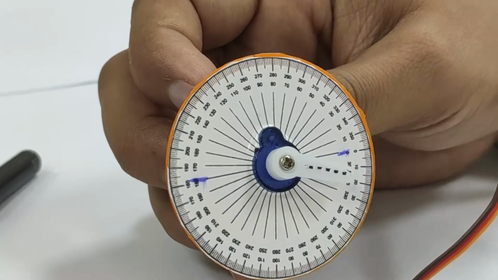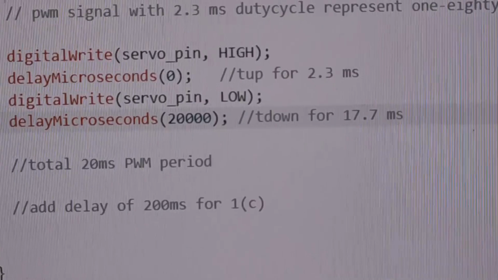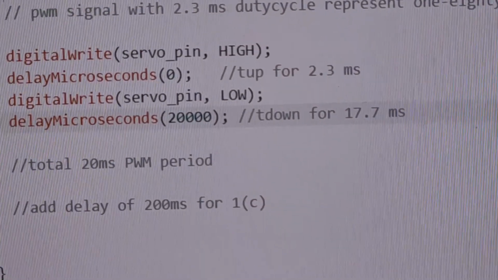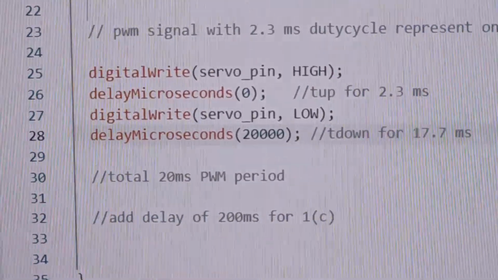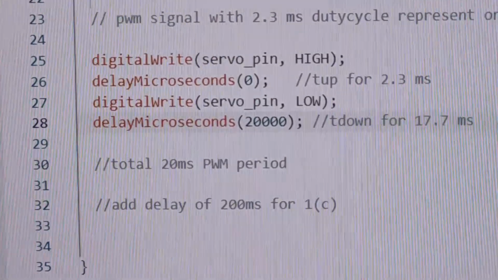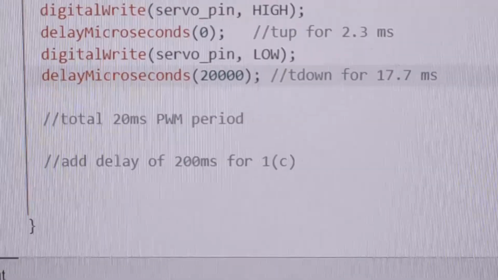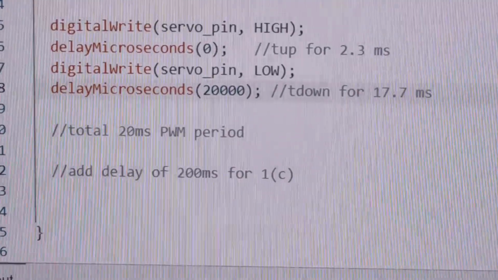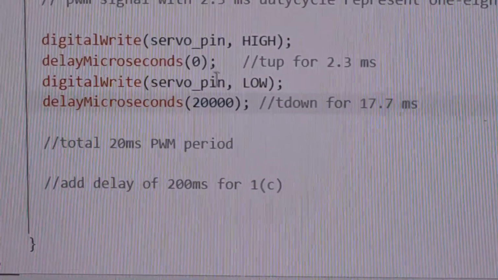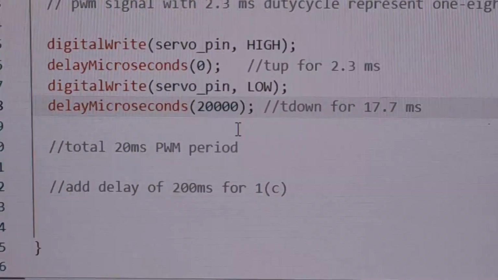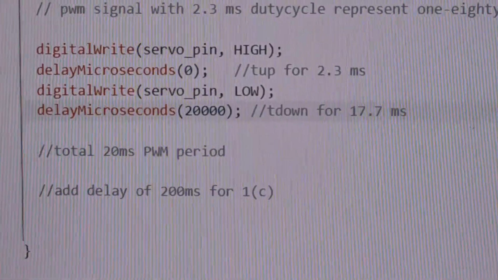That is how we basically control the position of the servo motor. Now I can change the values of the servo pin high and low, the amount of time they are on, but I have to ensure that the total is always 20,000, to make it go and stop in some position wherever you want. You can have a kind of scaling, and using that scaling we can control the on time and off time, and make it stop at whatever angle you want. So this is our task number 1 for the servo motor control.